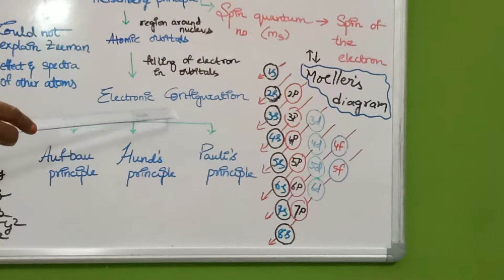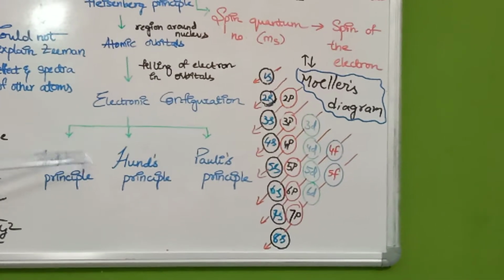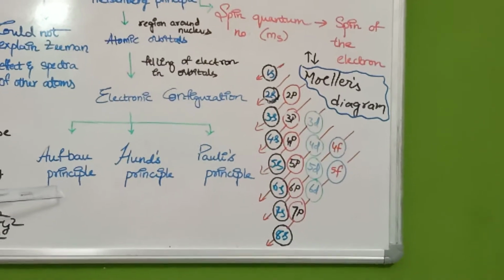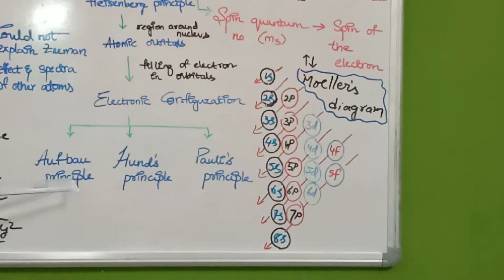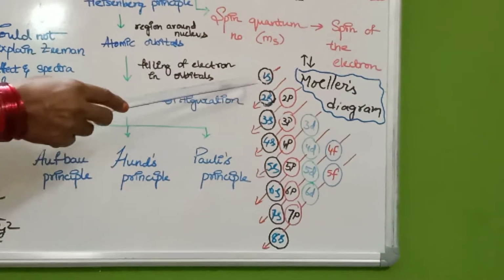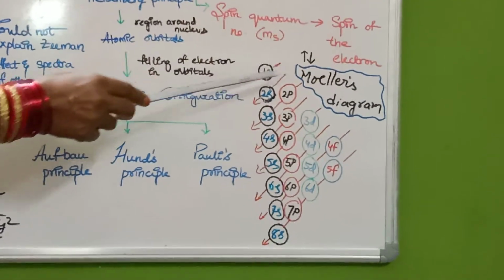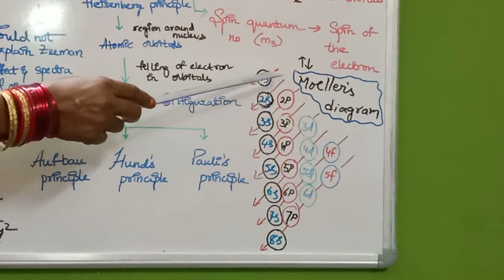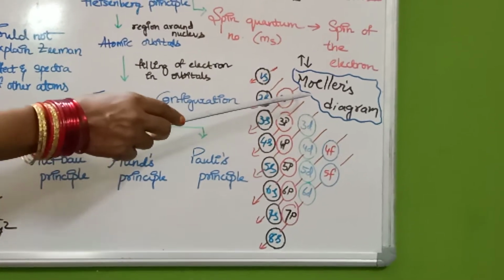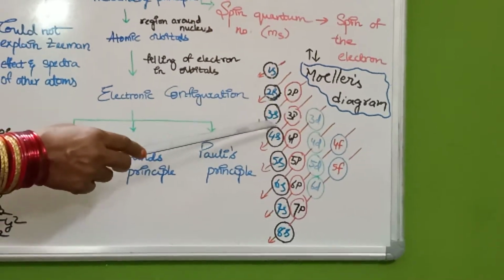This filling of electrons in the different atomic orbitals follows three principles. One is called Aufbau. Aufbau means building up. Building up means from the lowest energy level to the highest energy level, how the electrons fill by following the same diagram. See here, downward arrows I have shown in this way. After filling 1s, the 2s will be filled with 2 electrons. After 2p is filled with 6 electrons, the next electron goes into 3s.